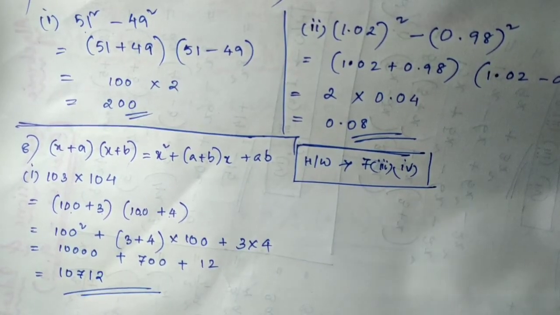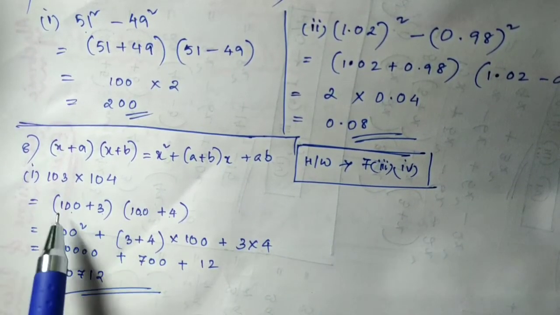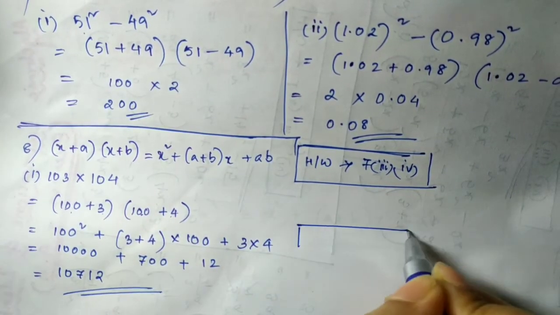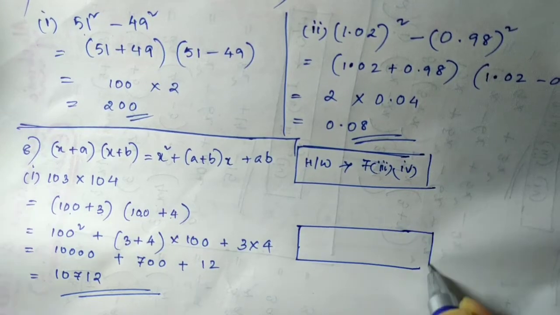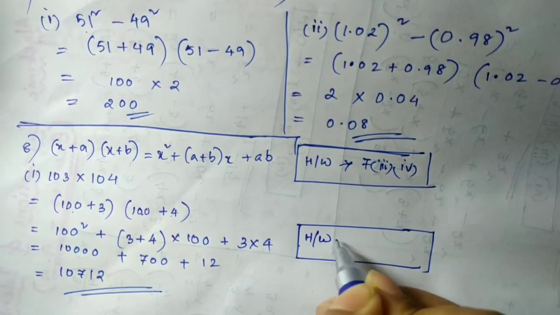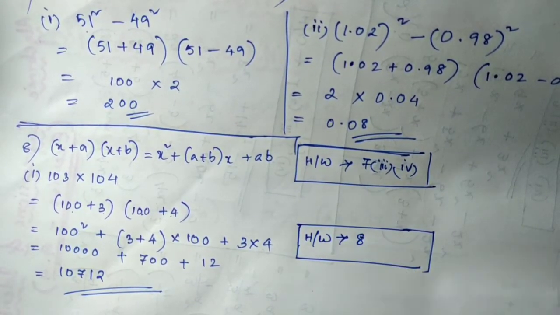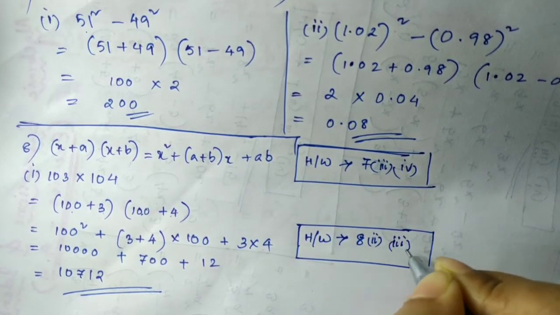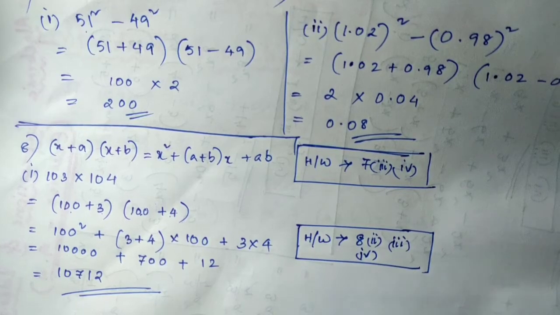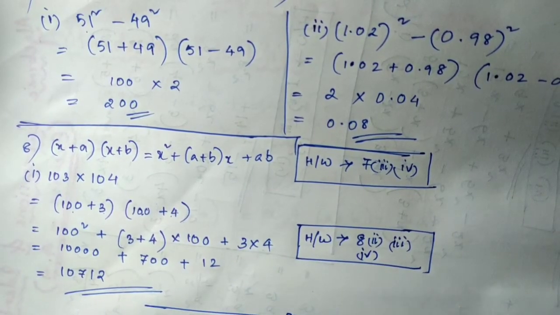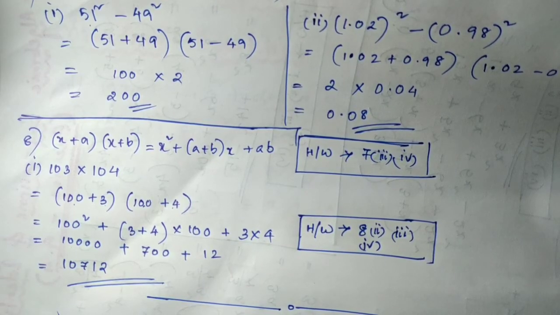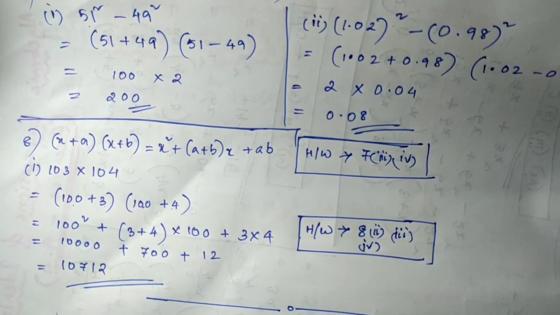So you have to make the number in the form of this and then use this identity to solve. So I can give you the rest 3 sums as your homework in the same way. That is from question number 8. Same process, 2, 3 and 4 as your homework, and this was the last sum of the exercise. I hope you have understood and the explanation was helpful. If you have any doubt, please let me know in the comment section. I'll obviously help you with this.